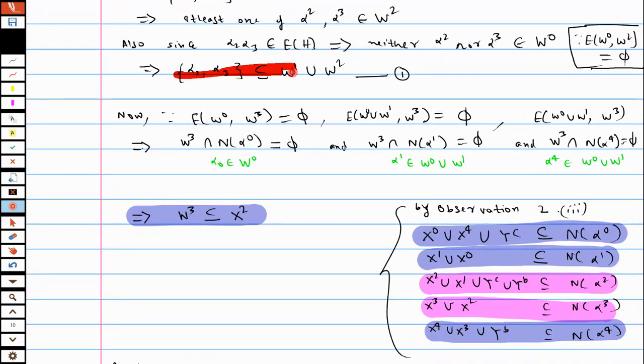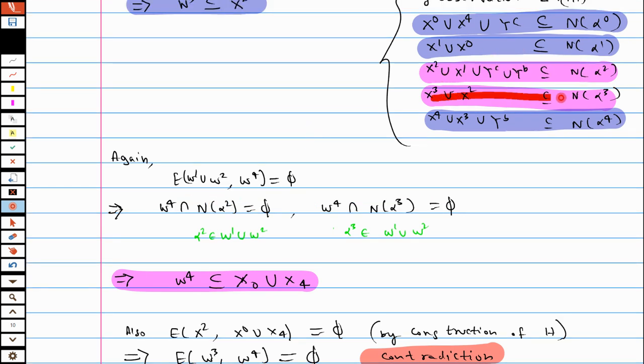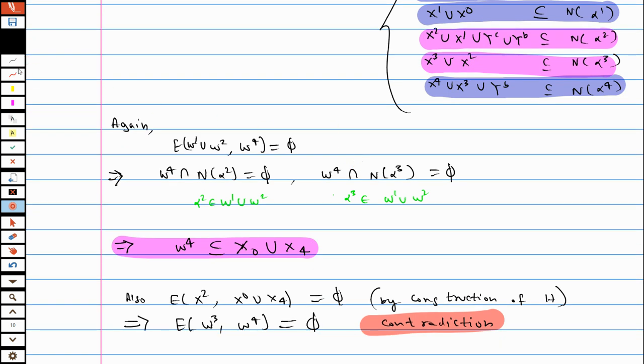Yeah, from this condition that alpha 2 is in W1 union W2 and alpha 3 is also here. So we can say that the neighborhood of alpha 2 with W4 is empty, and the neighborhood of alpha 3 with W4 is empty. Same argument. And if you look at the magenta ones here, it doesn't intersect alpha 2 and alpha 3, and then it can't intersect all these sets. So it can only intersect with x0 x4 because x0 is not here and x4 is not here. Rest all are there. Now, since it is a witness set, I know that E of W3 and W4